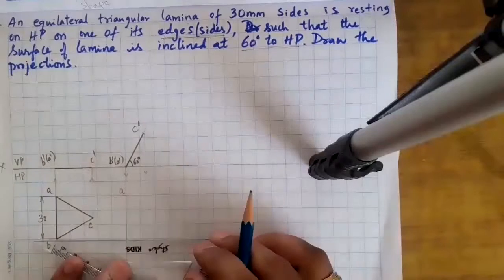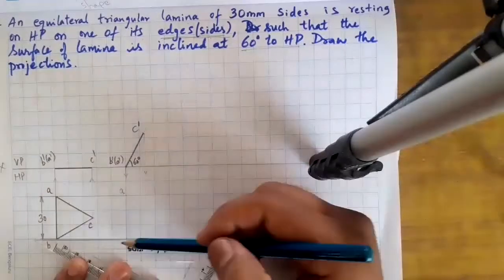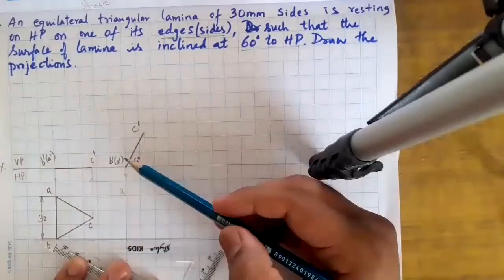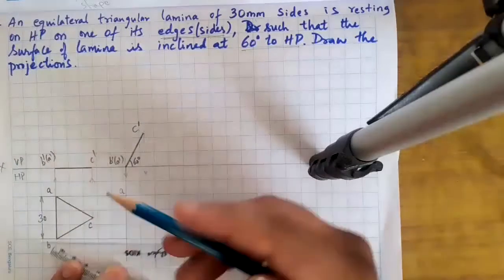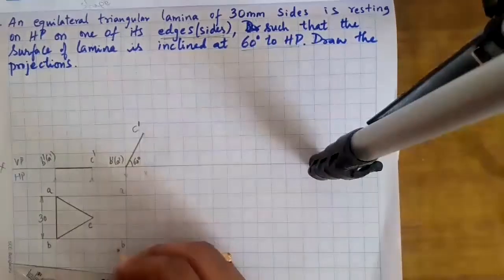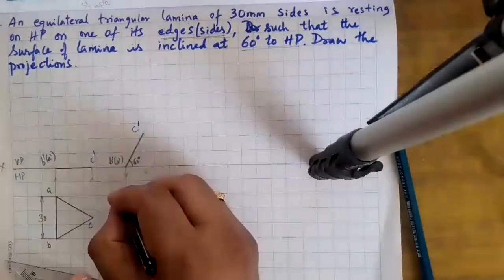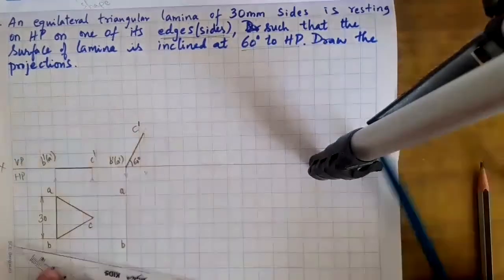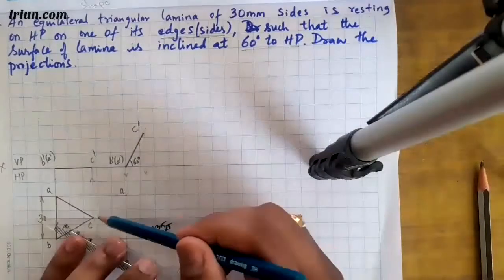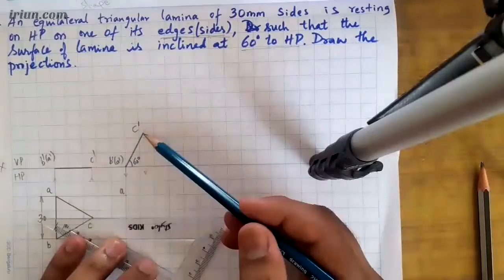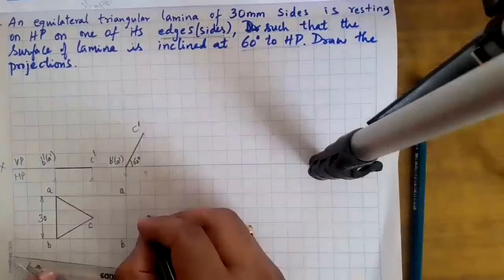And next, from B, I am drawing a projector, and from B dash, I have drawn a projector where it is meeting in thin lines. Use thin lines. This is B. AB. Next, similarly, C, I'm going to draw a line here till C dash where it is meeting. This is the location of C. So this is my new C. A, B, C, I have got.